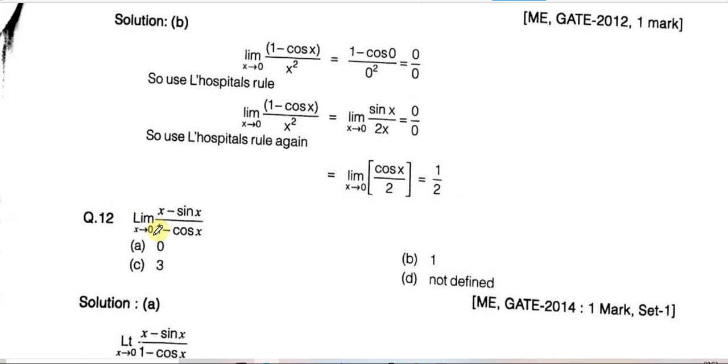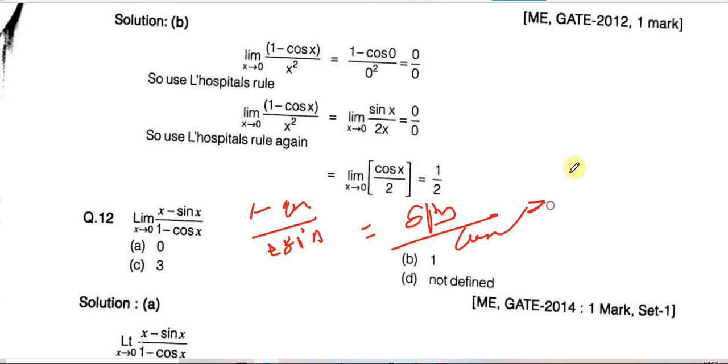Now the next problem is, as x approaches 0, if we put it in, it is again coming 0 by 0 form. So simply apply L'Hopital's rule, then it will be (1 minus cos x) upon sin x. Differentiation of cos x is minus sin x, so minus minus plus. So (1 minus cos x) upon sin x, again you put 0, then again 0 by 0 form is there, so we can differentiate it again. Differentiation of 1 will be 0, and of cos x is minus sin x, so minus minus plus, so plus sin x upon cos x, so it is tan x, and tan 0 is 0, so 0 is the answer.